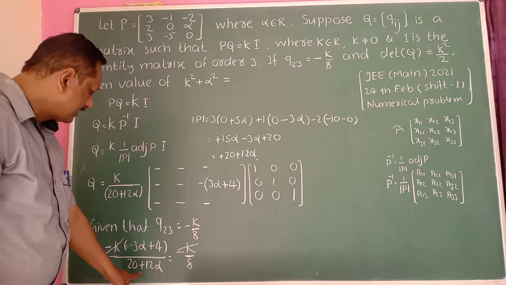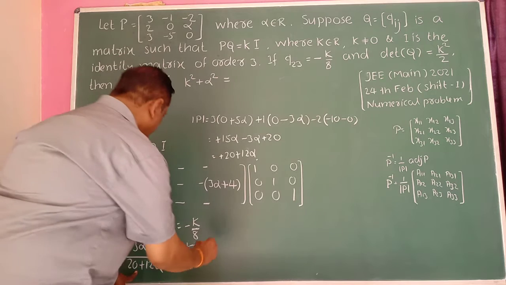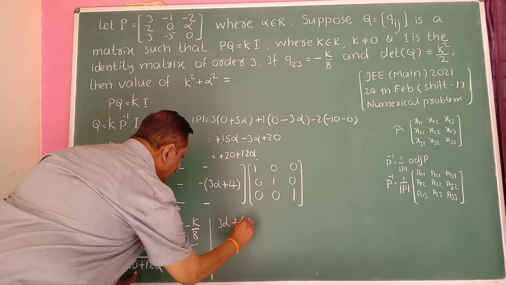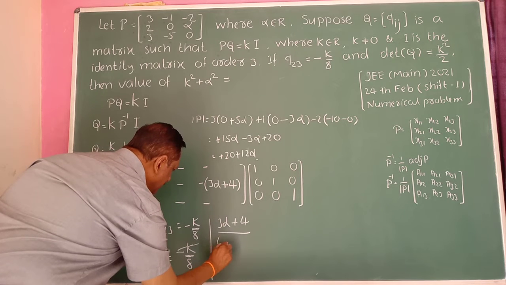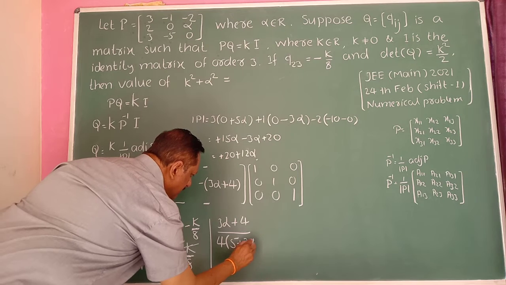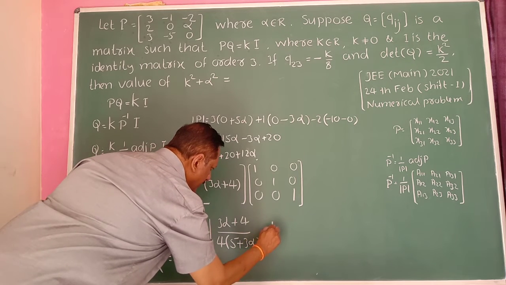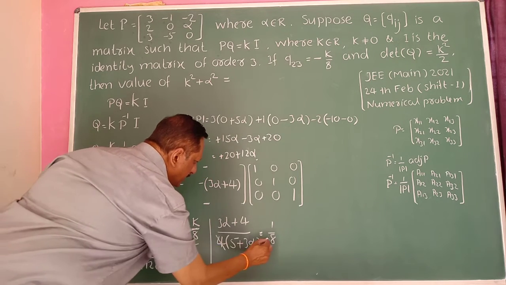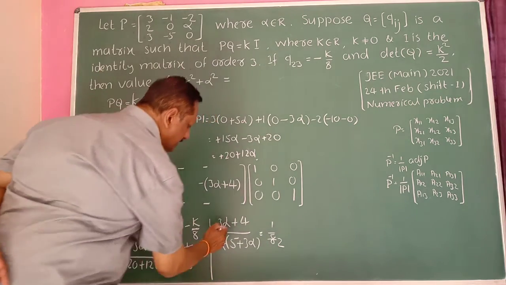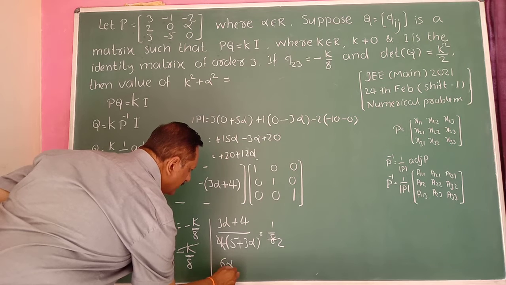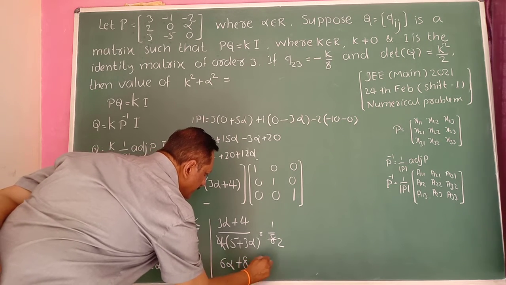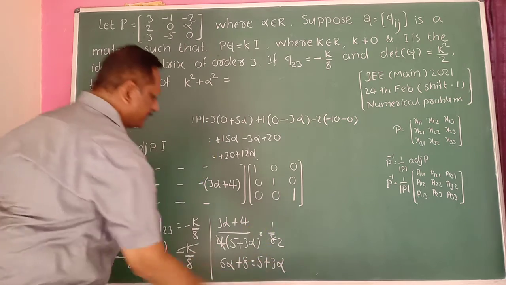Then you can take 4 as a common factor in the denominator. So 3 alpha plus 4 divided by, so 4 is common here. 4 5s are 20 plus 4 3s are 12 here is equal to 1 by 8 here. Then 4 1s are 4, 2s are cancelled here. Then we cross multiply. 2 3s are 6 alpha, 4 2s are 8, plus 8 is equal to 5 plus 3 into alpha.